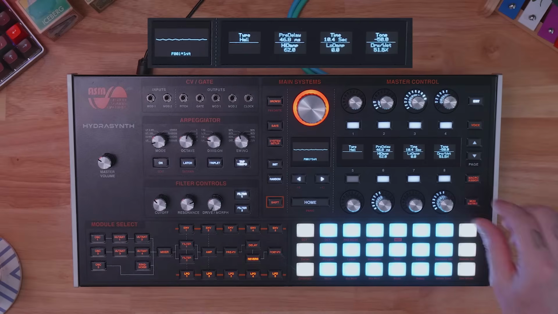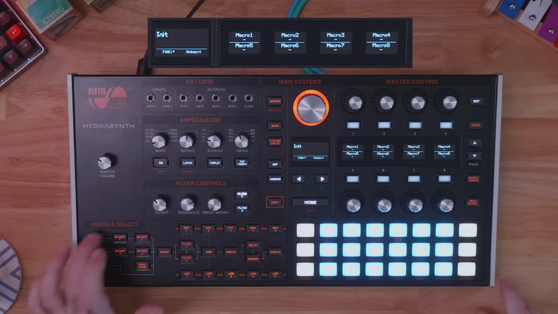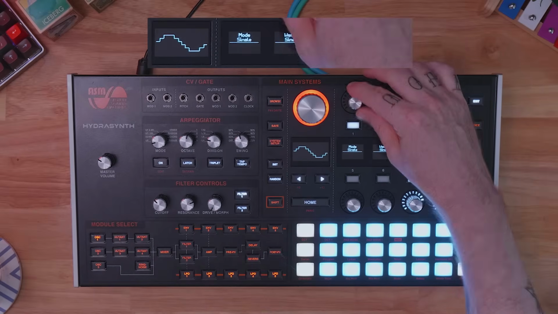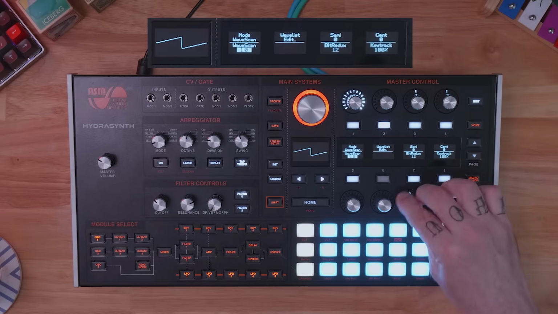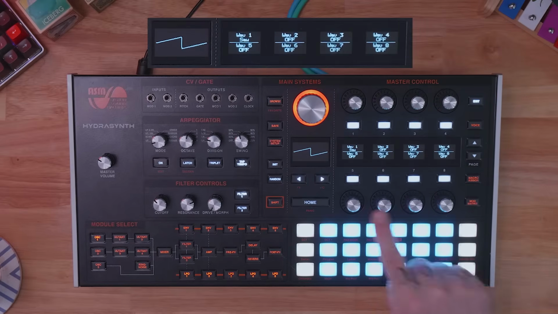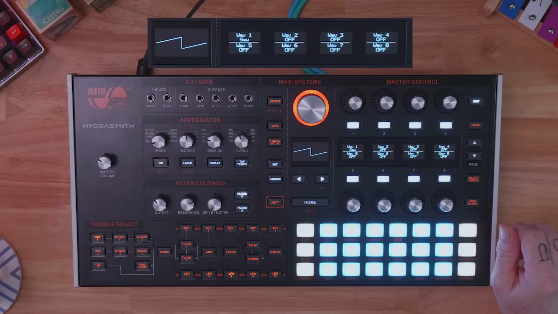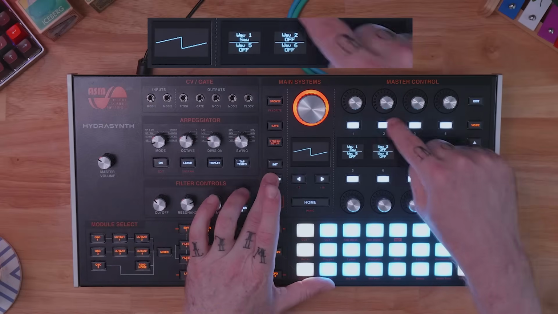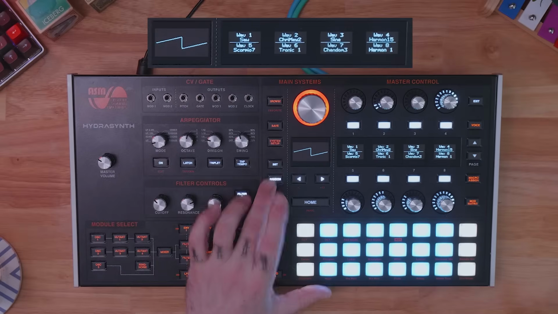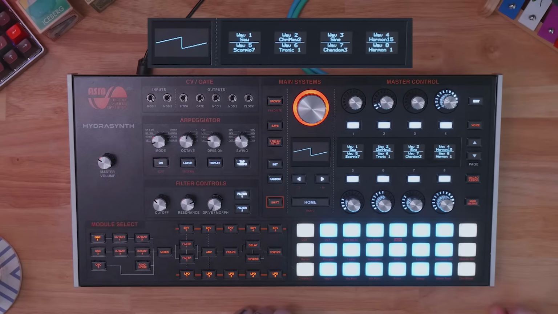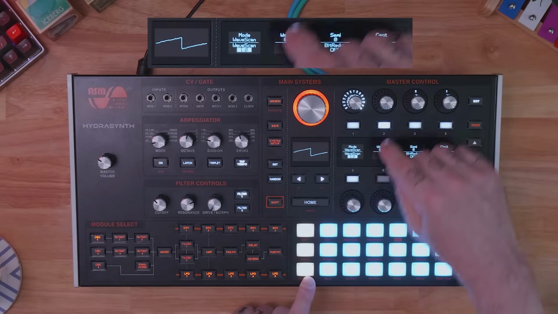So using the same thing here, let's go ahead and switch our oscillator mode to the wave scan mode. In wave scan mode, we now get 8 different waves that we can morph between. And I can randomize these by holding down random and going like this. And now if I exit and go to our wave scan,